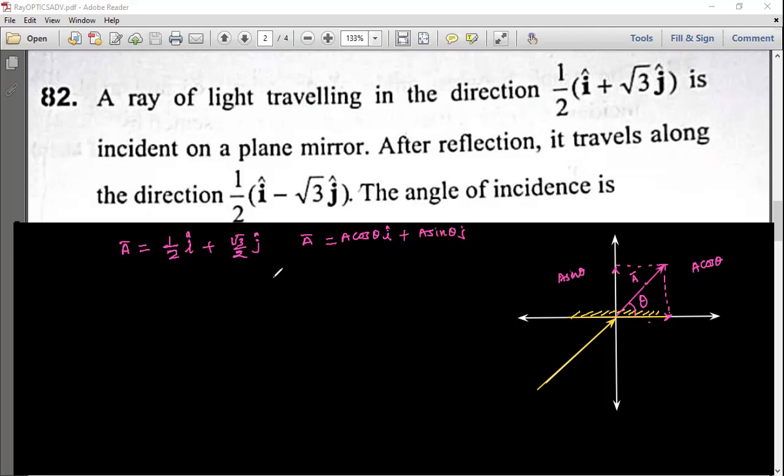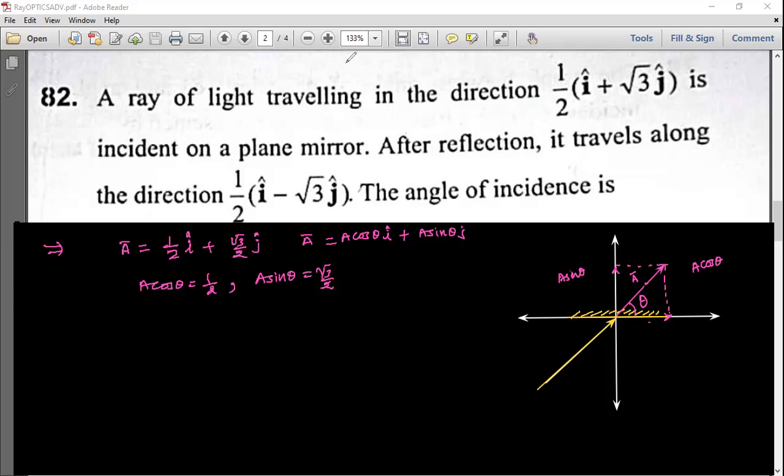Then I am getting, first of all, comparing these two, A cos theta is equal to how much? बोलो बोलो कितना आ रहा है? 1 by 2, चेक करो। हाँ, और ये A sin theta कितना आना चाहिए? रूट 3 by 2। ओके, यस नो? चेक करो। हाँ चेक करो, यस।